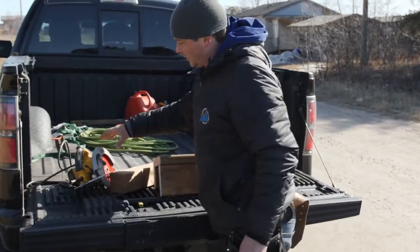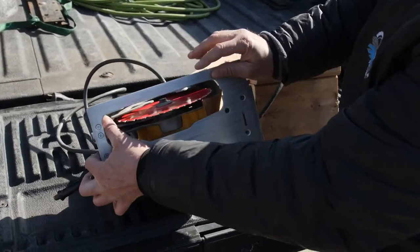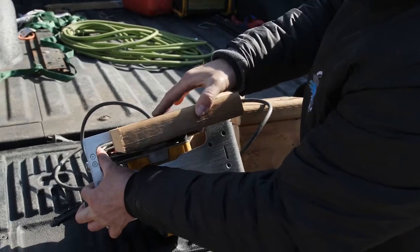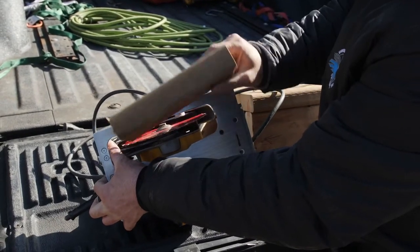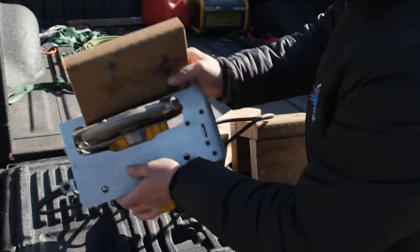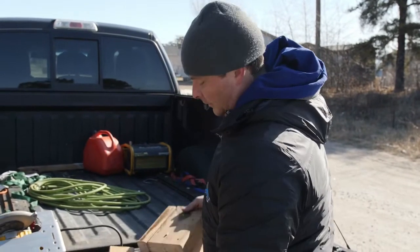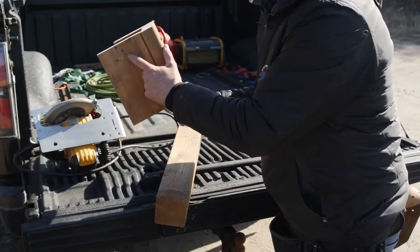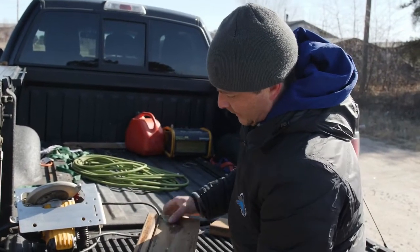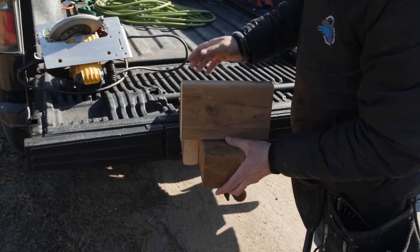So because your circular saw, not a skill saw, has a certain offset from this guide plate, typically about 1.5 inches. So if you've got a 1.5 inch piece of wood, which most of your standard dimensional lumber is, you can use that as a guide if you've got your post marked. Here's our demonstration post. So I get my guide, I've got arrows pointing up, so we know that always has to be up. You slide that over there, put your 1.5 inch block up to your line,